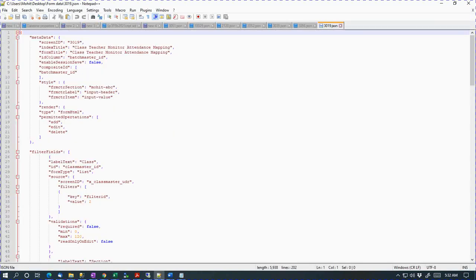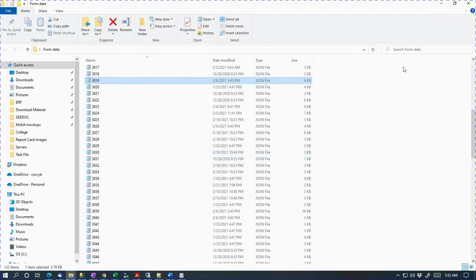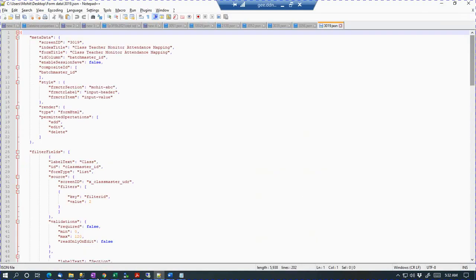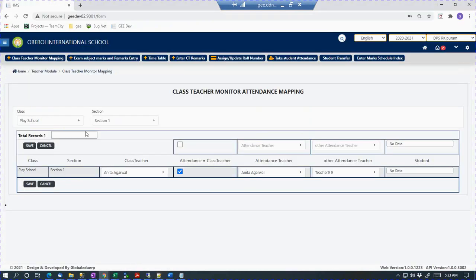Now this is very delicate. Even the commas and spellings are case sensitive. You can't write a capital C; anyone who knows JSON knows about it, but I am highlighting a different fact. Behind this form, every form has a JSON.